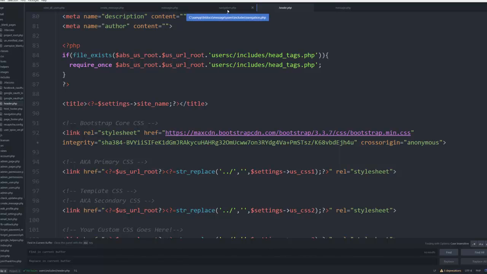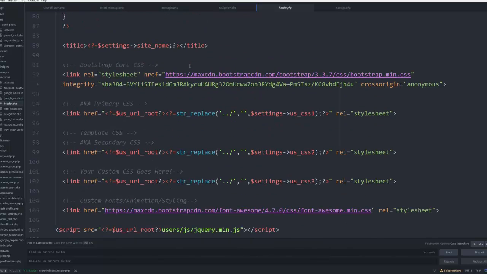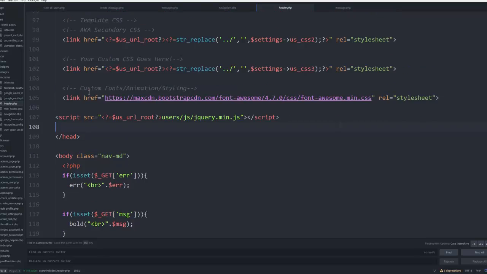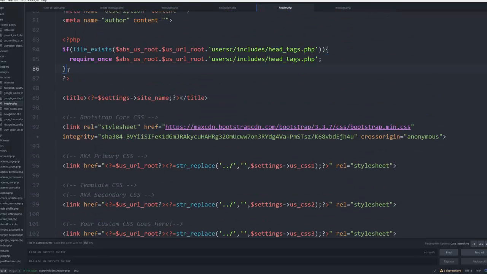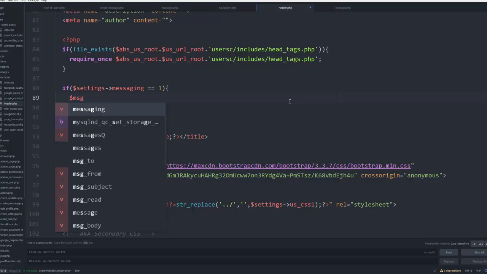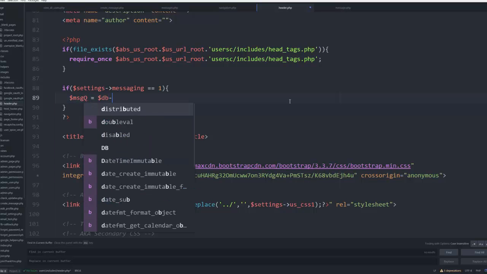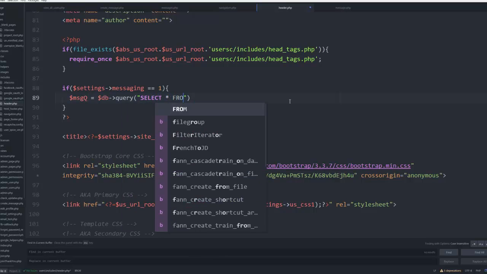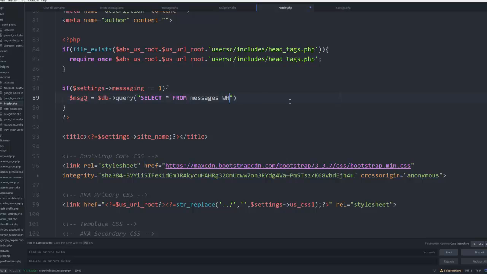Tell you what, to be honest, no, this is good. All right, so we're going to come in here and we are going to write a little PHP. Let's get into the PHP here. If settings messaging equals 1, so in other words, if messaging is enabled, then what we want to do is write a query. So we'll write messageQueue equals db query select star from messages where